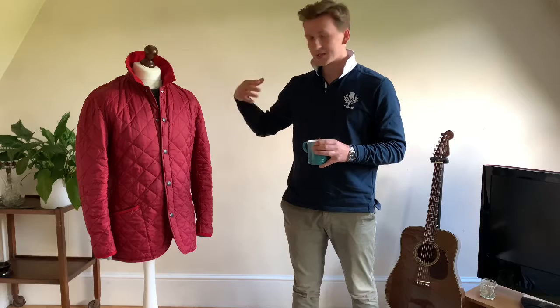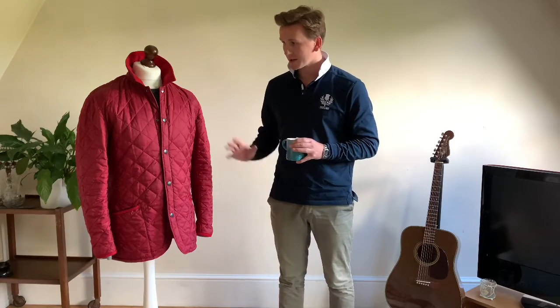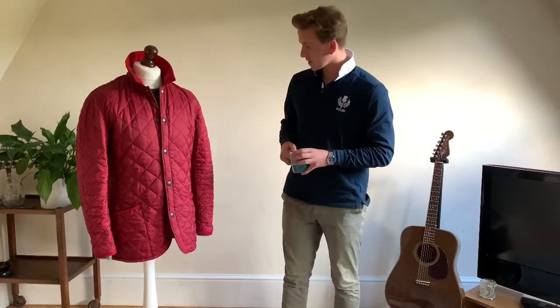They redesigned the Ashby to make it a little bit better, so a bit of padding in it, different colours, different features here and there. Same thing with this. I'm assuming that they just took the Liddesdale, I could be wrong, added a more elegant cut to it, added another pocket here, and different variations here and there. The coat itself,